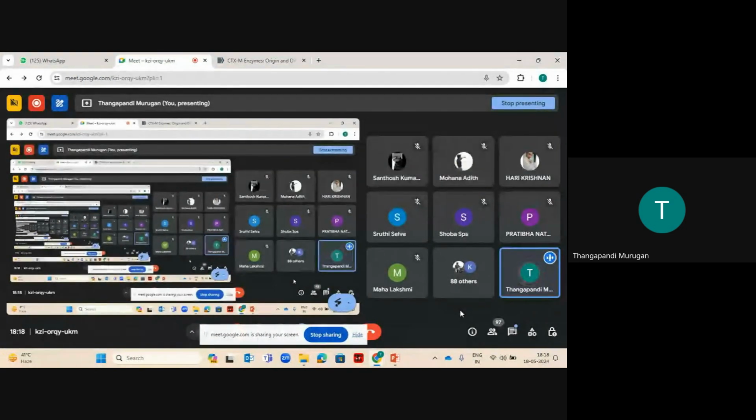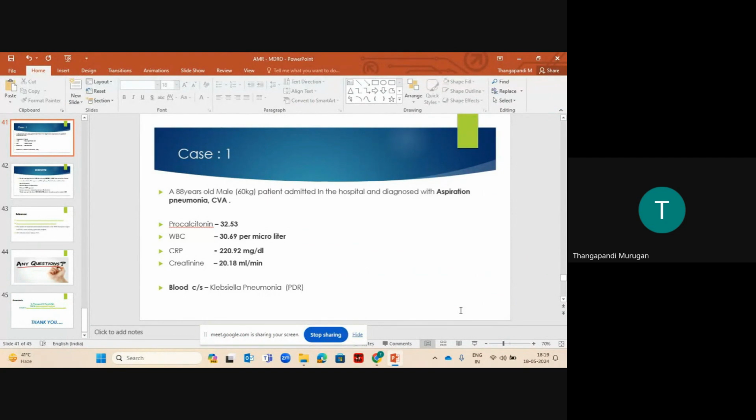Guys, kindly explain, or if you have any other suggestion, kindly unmute and tell me. With this, I'm winding up. Okay, I'll tell the answers if you are not telling. No, alone we can't treat this. This is pan-drug resistant. It is not extensively or multi-drug resistant. If anyone wants to answer, kindly unmute because I don't have any time. It's almost 10 minutes late. Cephalosporin? No, not at all. Any other persons? Okay, I'm telling you.